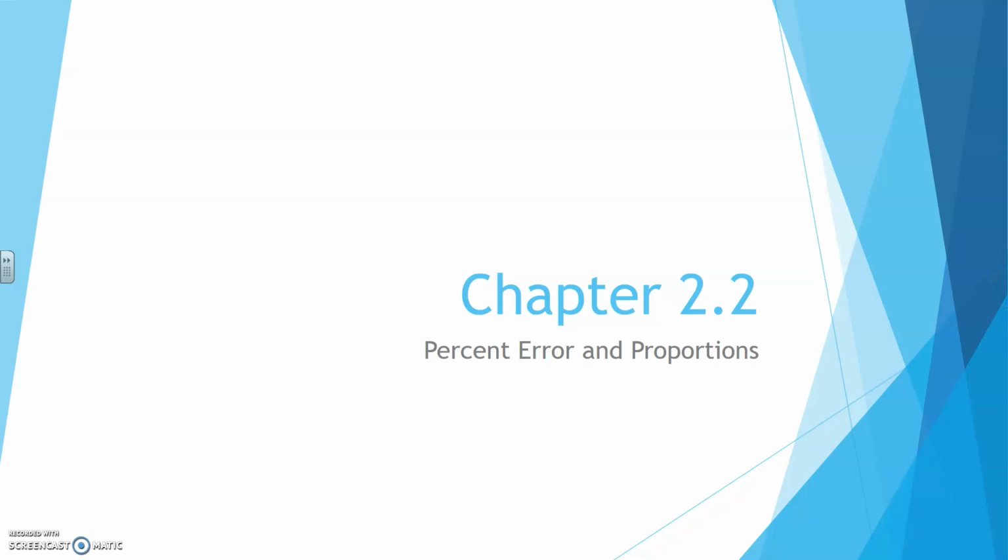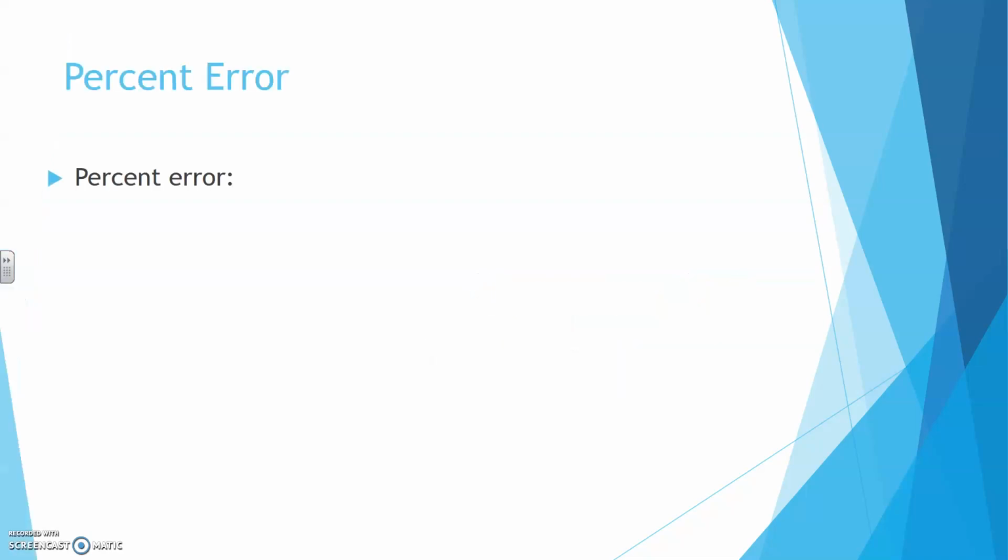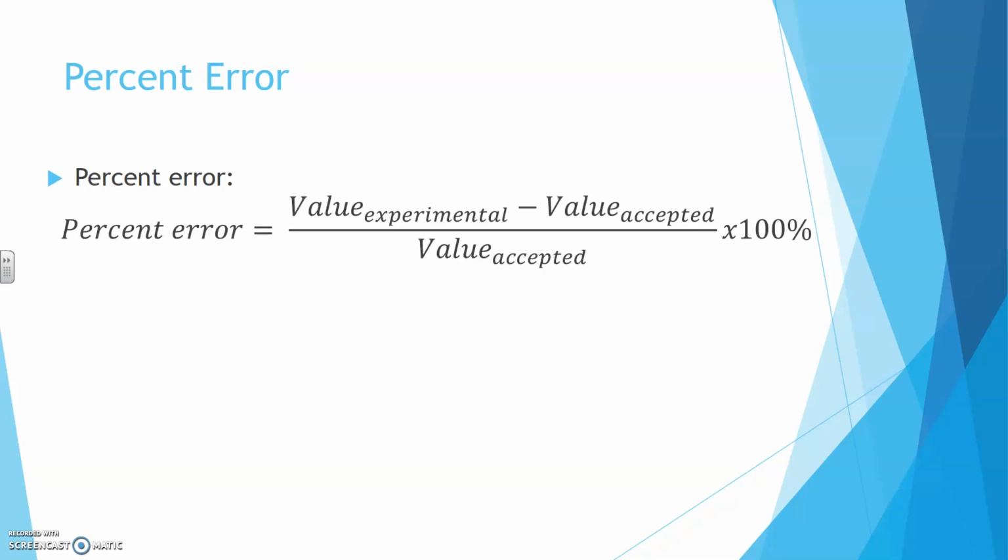So right now we're going to talk briefly about percent error and proportions. Percent error is basically a way of determining how accurate your measurements are. Percent error is calculated as the experimental value minus the accepted value, divided by the accepted value, and then times 100% because it is a percent error. Basically, the experimental value is whatever you measure, and the accepted value is what the value is supposed